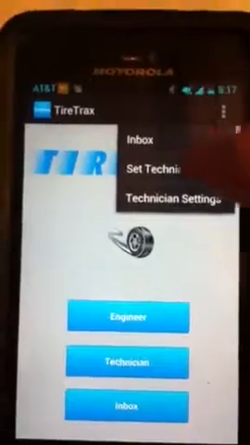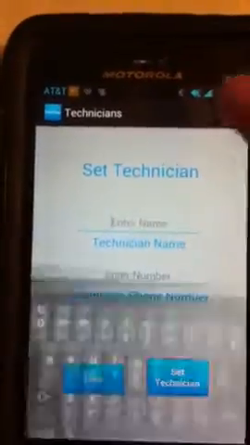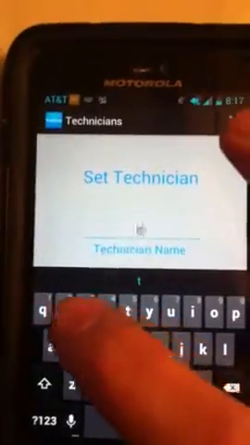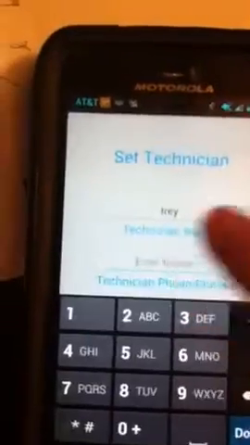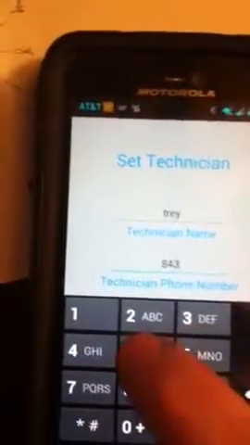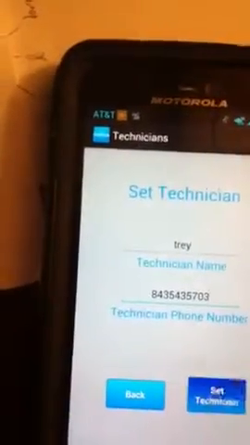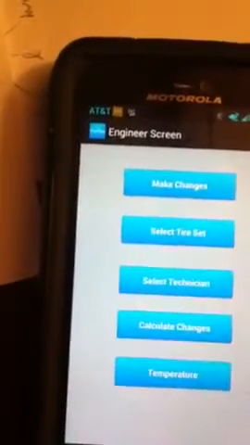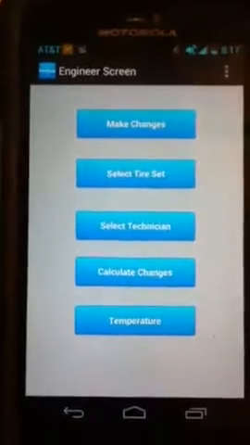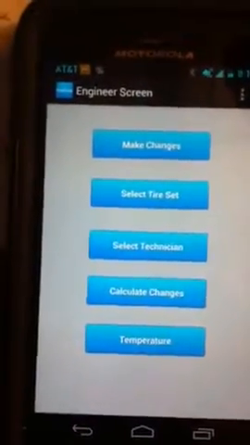First, we're going to set the technician. When we set the technician, we're going to set his name and a phone number. For this example, we're going to use my personal phone number. After we set the technician, we're on the engineer screen, where we can select to make changes, add a tire